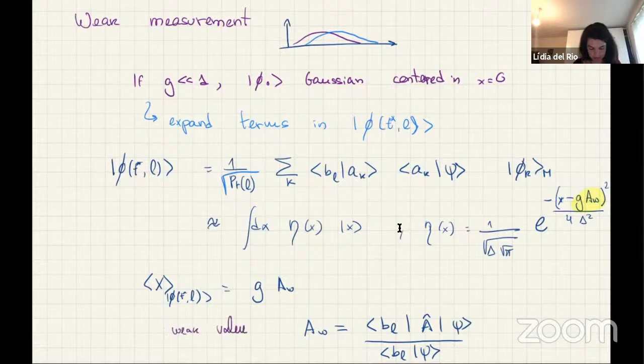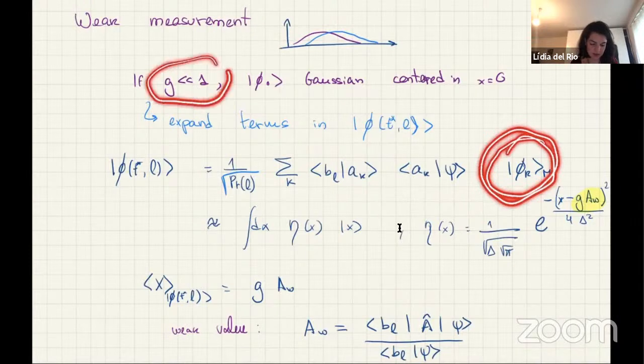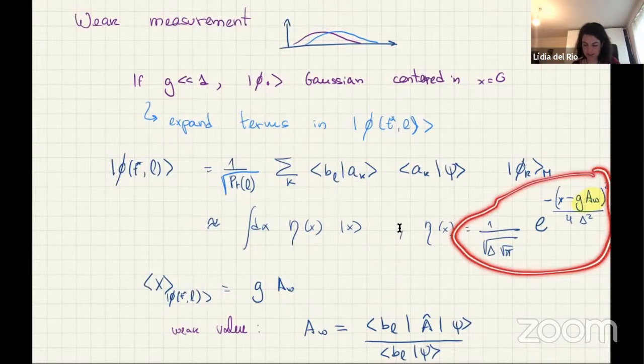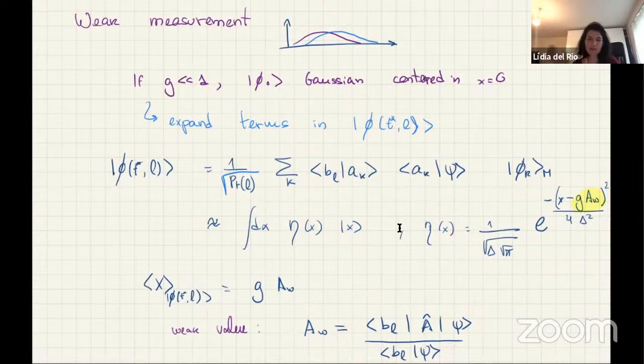And again, if we did not get how we got there, it's really, we take this state, we expand this thing here. This we leave as they are because they will show up there. And so we expand this state and then we make this approximation. And then we get that the final result is a Gaussian. This AW is a complex number divided by another complex number, so it doesn't need to be a real number. But of course, if we then measure the position, we get the modulo square.